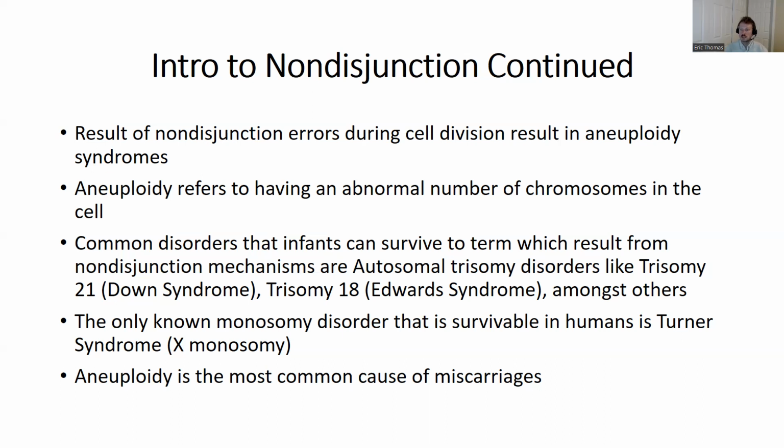It all has to do with these nondisjunction errors and the likelihood that they will happen as either parent ages. But like I said, I'm not going to get super into the specifics here. I'll leave it to the other students and their projects to talk more in depth about these disorders and syndromes. I really just wanted to relate them to the process of meiosis, which I think students historically struggle with,